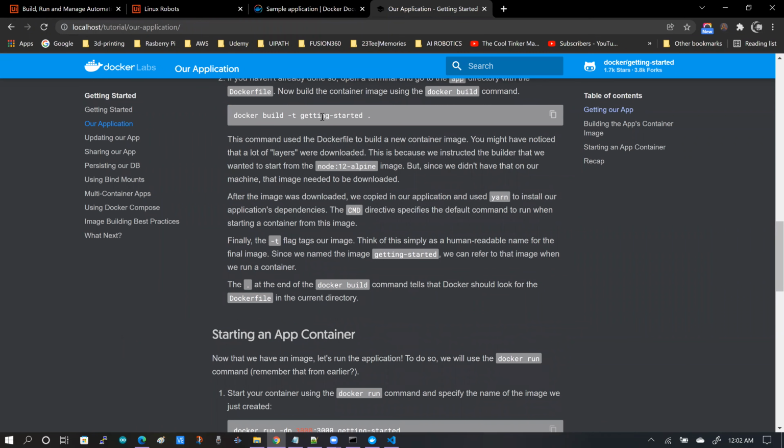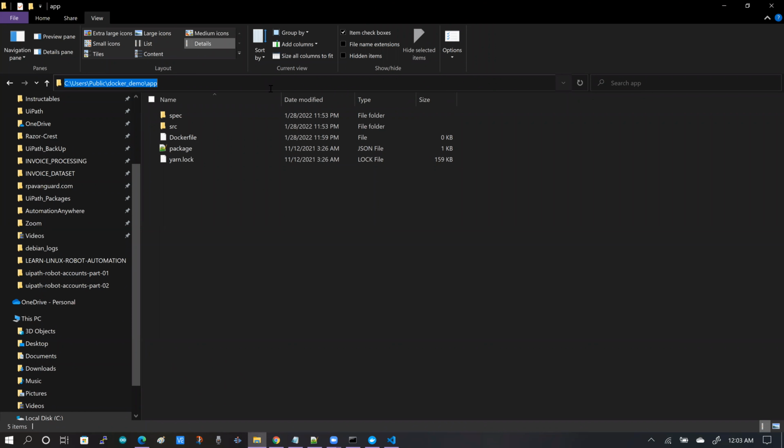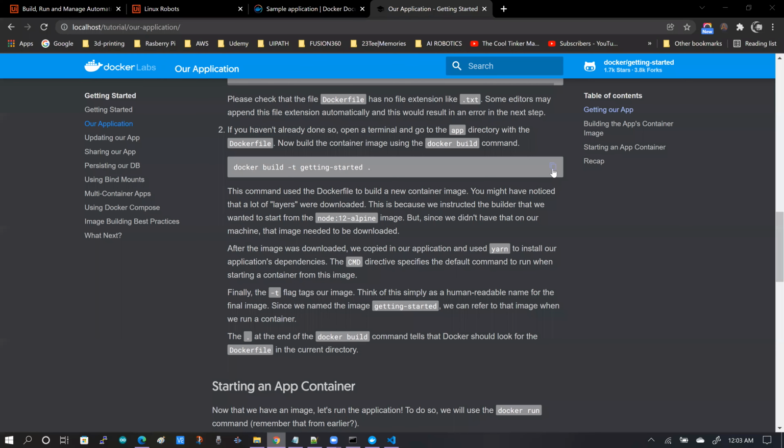And this is the command for you to get started. But also to note is that there is a dot in the end, right? And that dot indicates to Docker that it has to look for a Dockerfile. We go back to the command prompt to the same path where your app folder is located. So first we copy this path, and then we go to command prompt and we change directories to this path. And we come back to our tutorial app. We copy this link